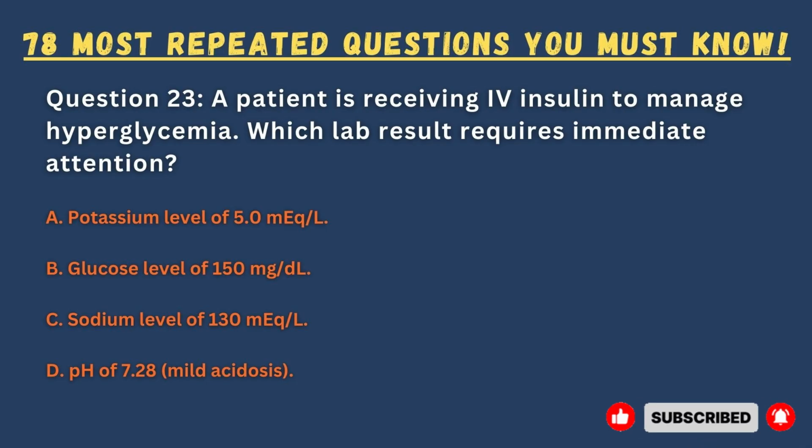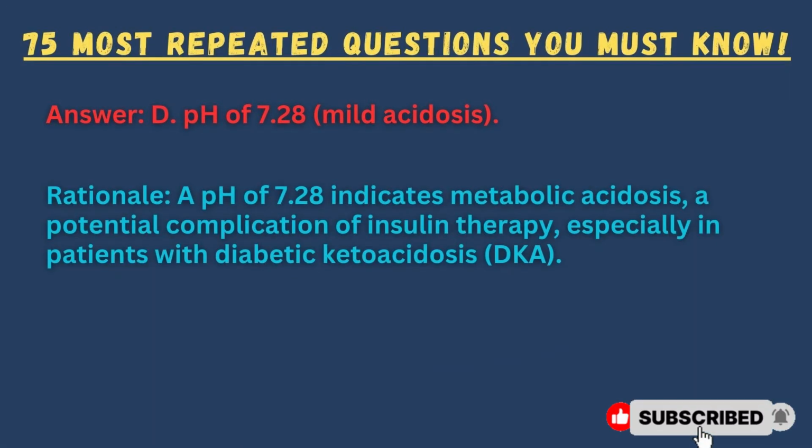A. Potassium level of 5.0 milliequivalent per liter. B. Glucose level of 150 milligrams per deciliter. C. Sodium level of 130 milliequivalent per liter. D. pH of 7.28, mild acidosis. Answer: D. pH of 7.28, mild acidosis. Rationale: a pH of 7.28 indicates metabolic acidosis, a potential complication of insulin therapy, especially in patients with diabetic ketoacidosis,